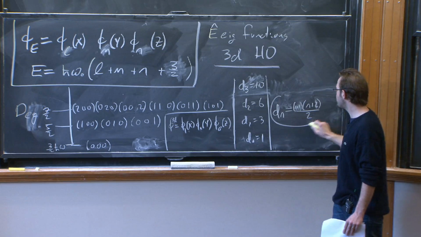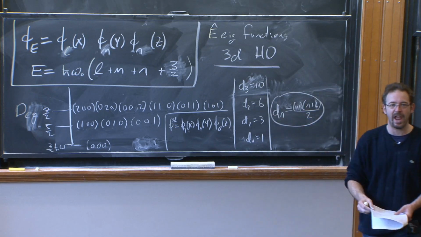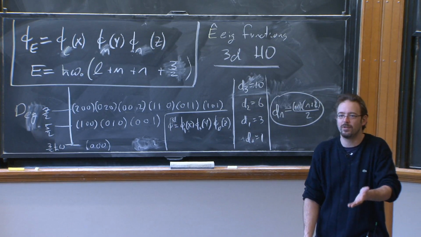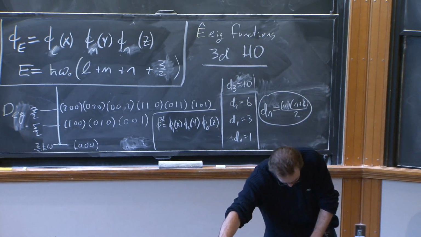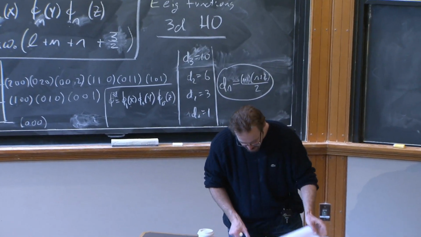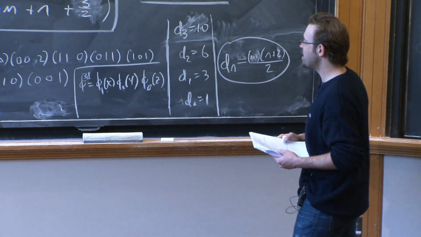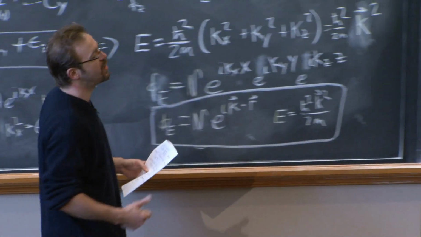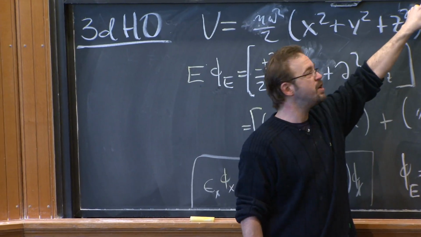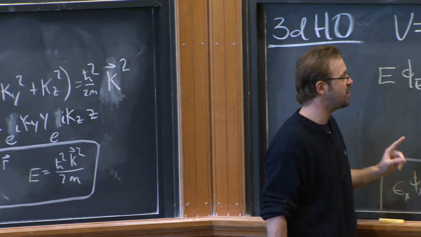So where did this come from? This is something I want to answer. Why that degeneracy? That seems important. Why is it that number? Why do we have that much degeneracy? But the thing I really want to emphasize at this point is that there's an absolutely essential, deep connection between symmetries and degeneracies. If we didn't have symmetry, we wouldn't have degeneracy. We can see that very easily here.